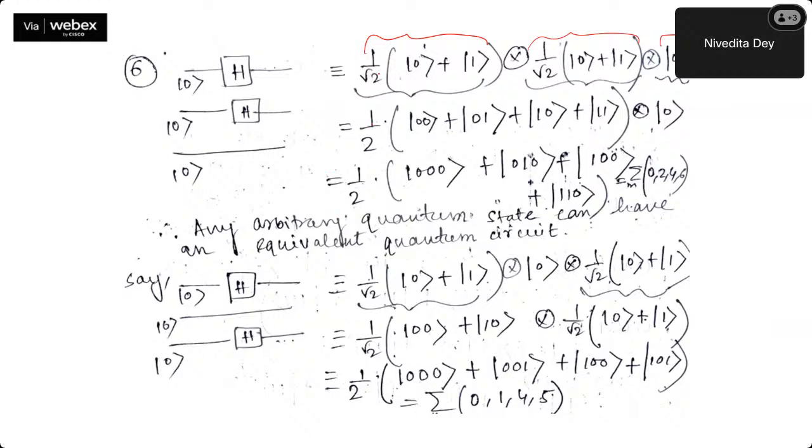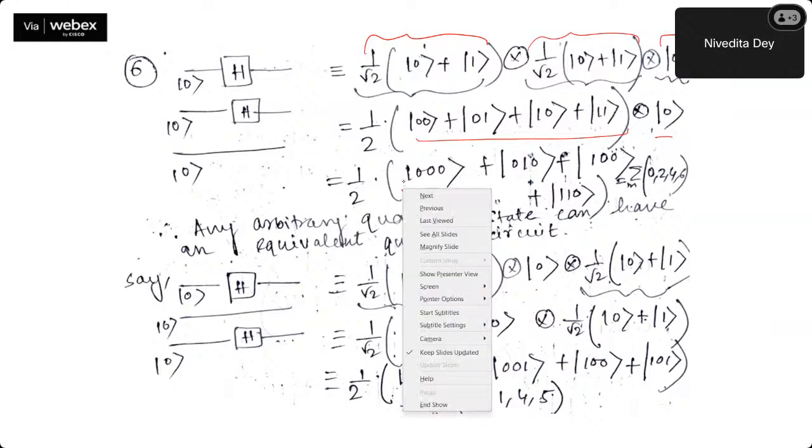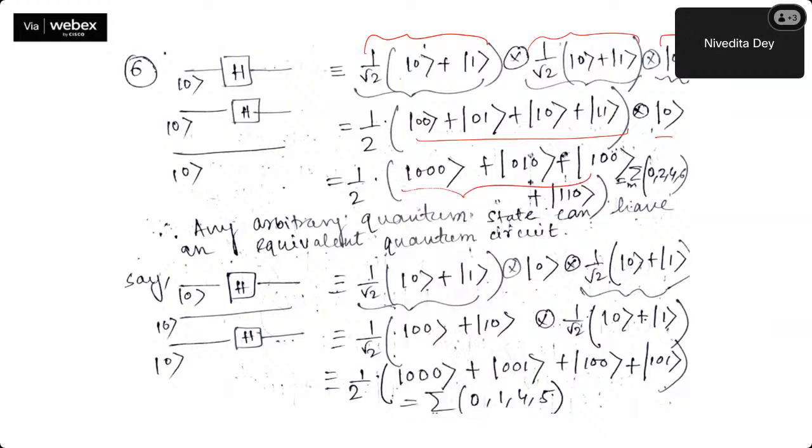So now it's half, that is multiplication of 1 by root 2, 1 by root 2. Now this entire thing, 0 0 0, 0 1 0, 1 0 0, 1 1 0 times this thing. Now just a multiplication again. So it's basically a product form: 0 0 0 plus 0 1 0 plus 1 0 0 plus 1 1 0. Also check that in this way, any random quantum state we can represent in the min term format,